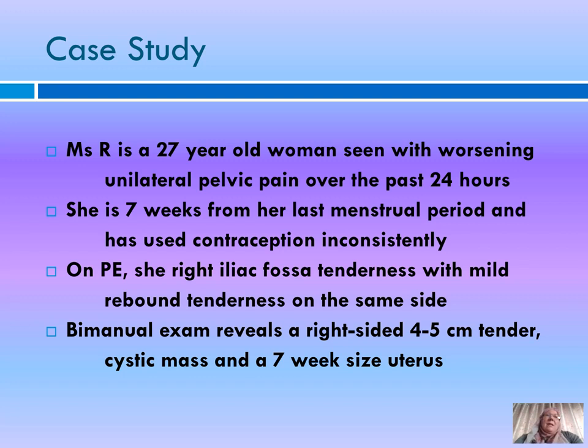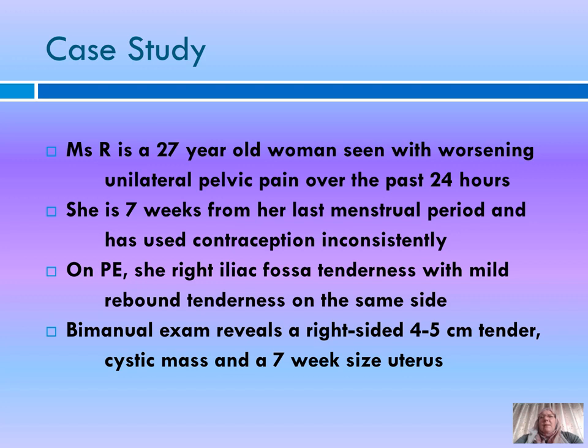During the physical examination, she complains of right iliac fossa tenderness with mild rebound tenderness on the same side. Bimanual exam reveals a right-sided 4 to 5 centimeter tender cystic mass and a 7 weeks size